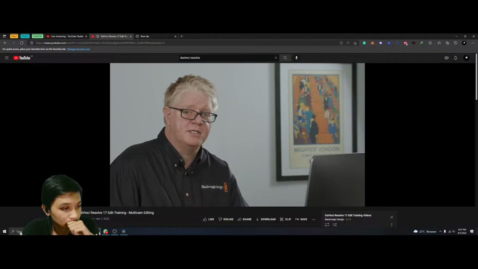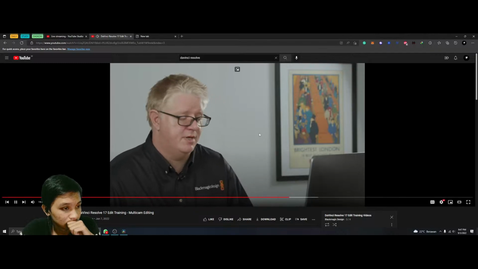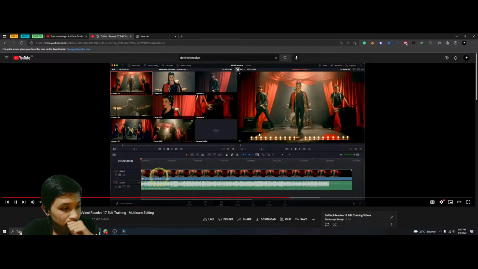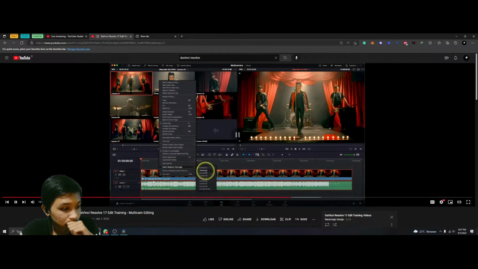And we can do that the same way that we chose the different video angles in the interview exercise previously. In the timeline, I'm just going to right-click the picture and choose Switch Multicam Clip Angle, and then I can choose which